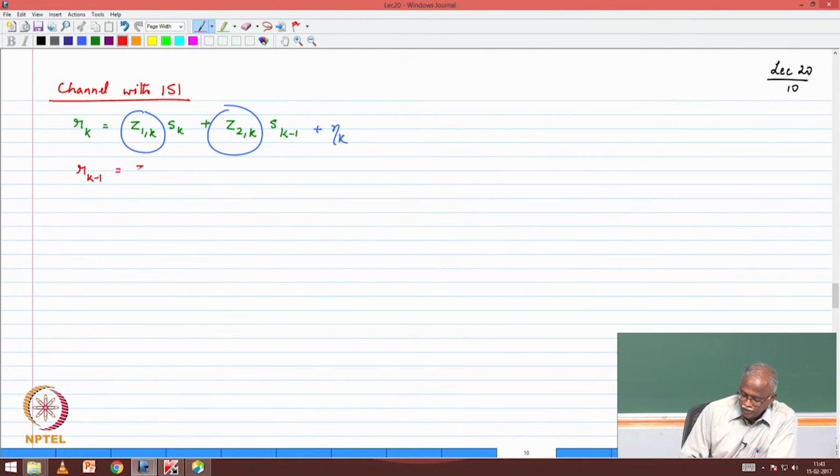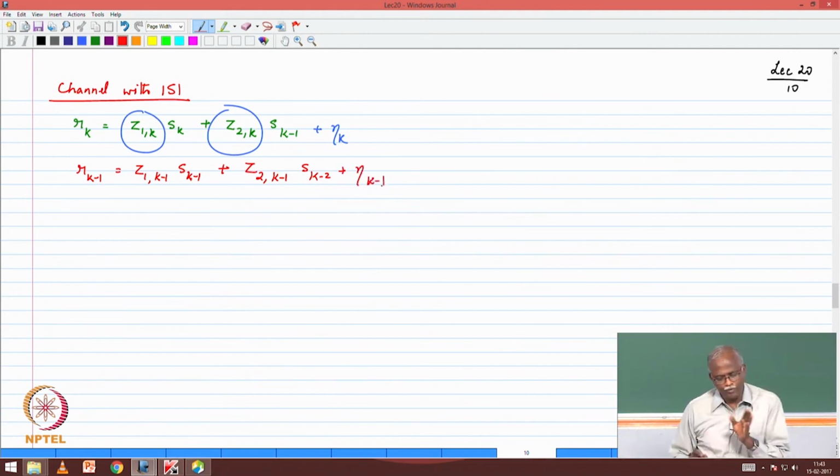Rk minus 1 is Z1 k minus 1 Sk minus 1 plus Z2 k minus 1 Sk minus 2 plus eta k minus 1. Same equation like before, I am going to do that. Okay. Now,